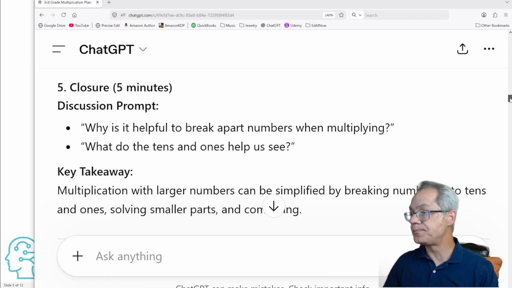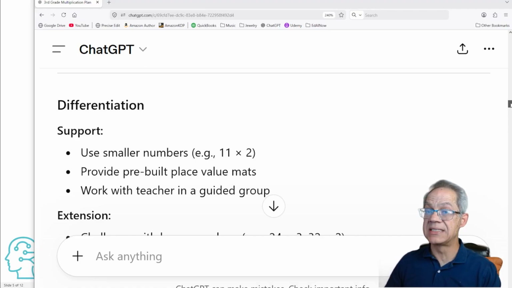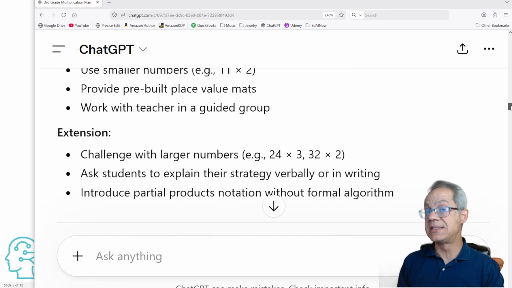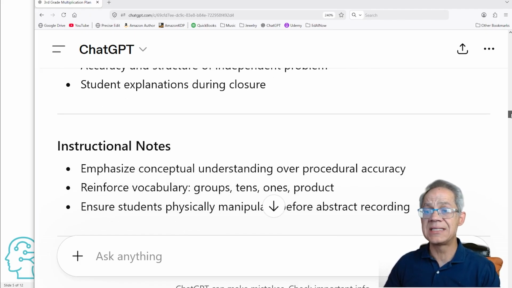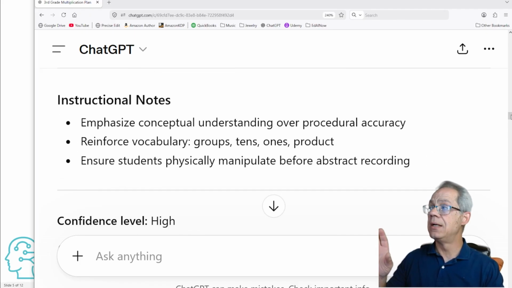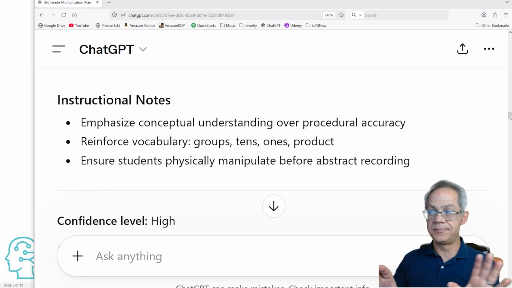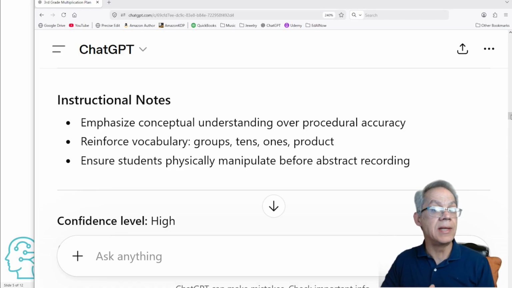Interestingly, I also have some ideas about how to differentiate for different learner needs. I've got some extension activities for kids who are ready to move on. I've got assessment and more notes. So yes, with just that prompt as a part of my planning workflow, I now have a really good starting